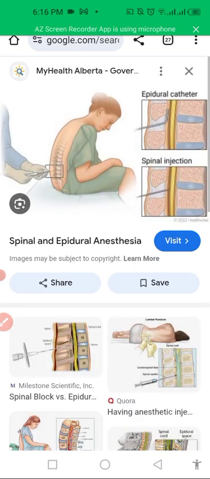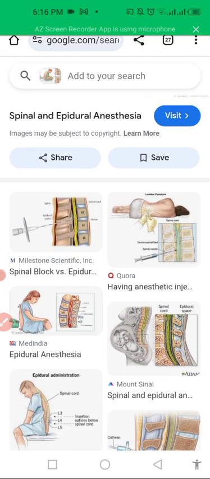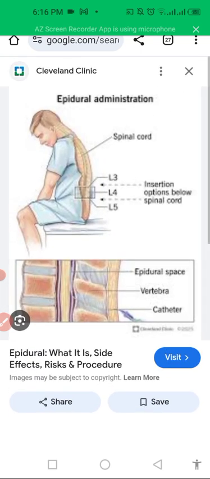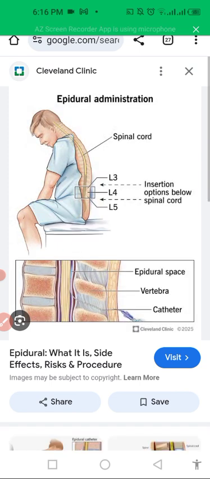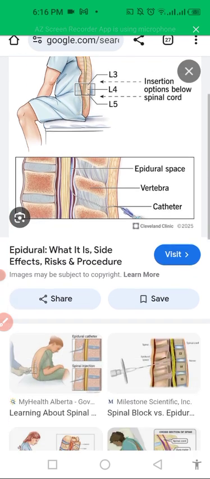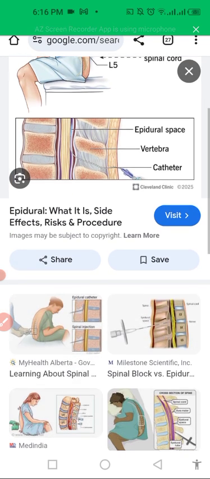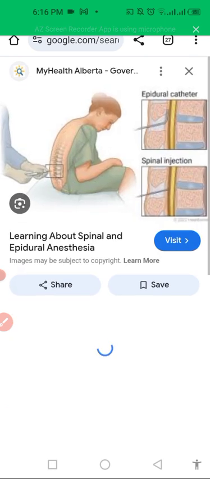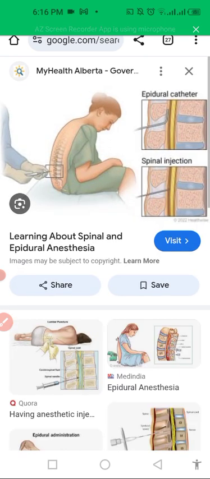Bupivacaine is usually injected in spinal anesthesia. So, to anesthetize the patient, we have to inject the spinal anesthetic agents, and then we also have to use some aseptic measures to make sure of a clean and aseptic environment, as you can see here. And spinal and epidural anesthesia,